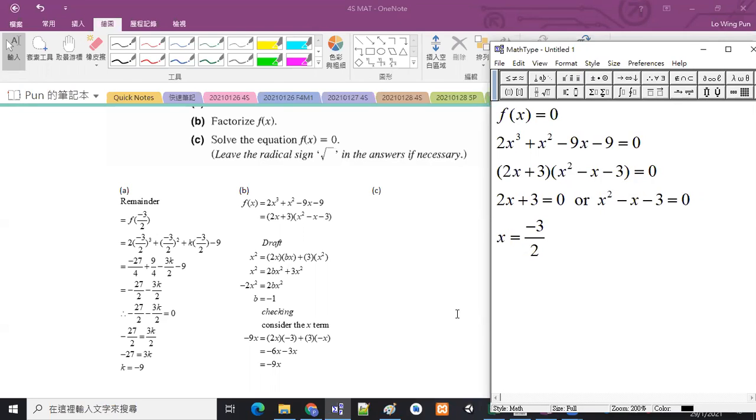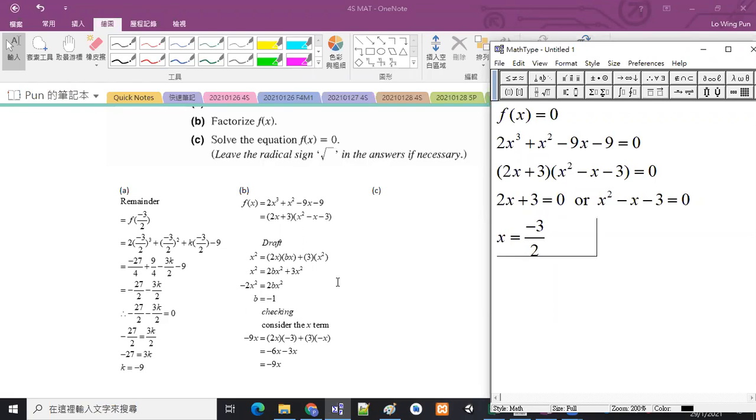Second one, x squared minus x minus 3 is equal to 0. When you use the program 1, you will get a long decimal number. But the question requests you to leave the radical sign in the answers if necessary. So you cannot just copy the long decimal number down. You must use the quadratic